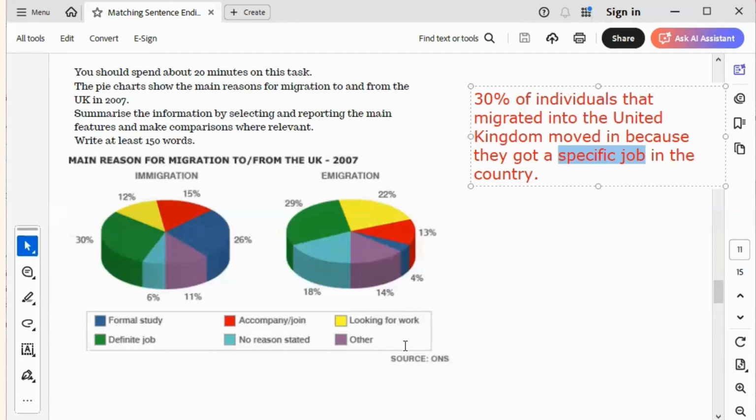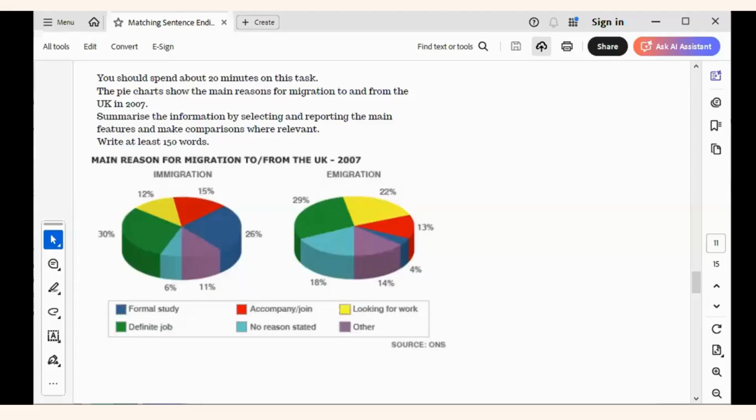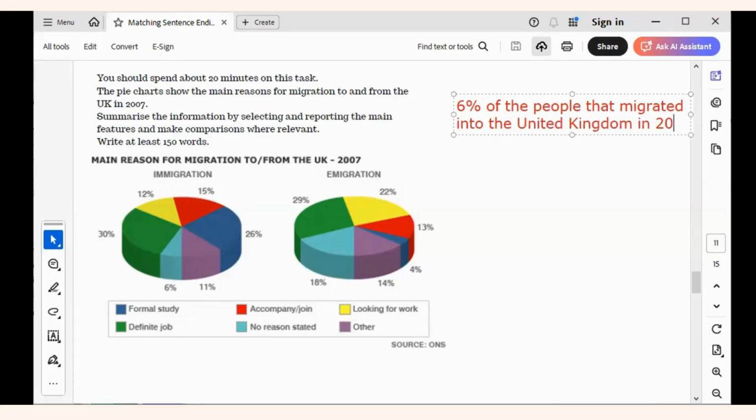So I've done for 30%. Let me do for 6% now. 6%. Look at how I'm going to write my sentence for 6%. 6% of individuals, 6% of people, 6% of the people that migrated into the United Kingdom in 2009